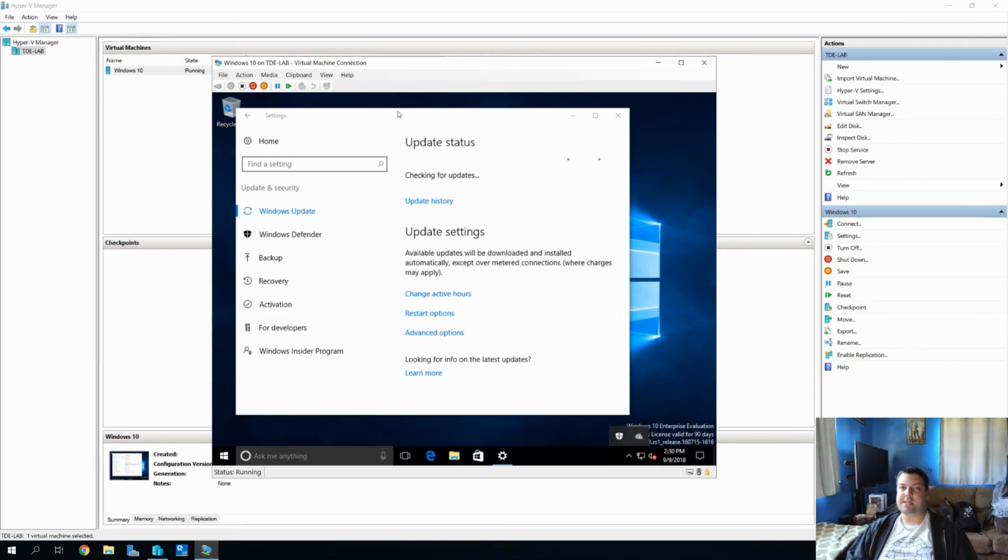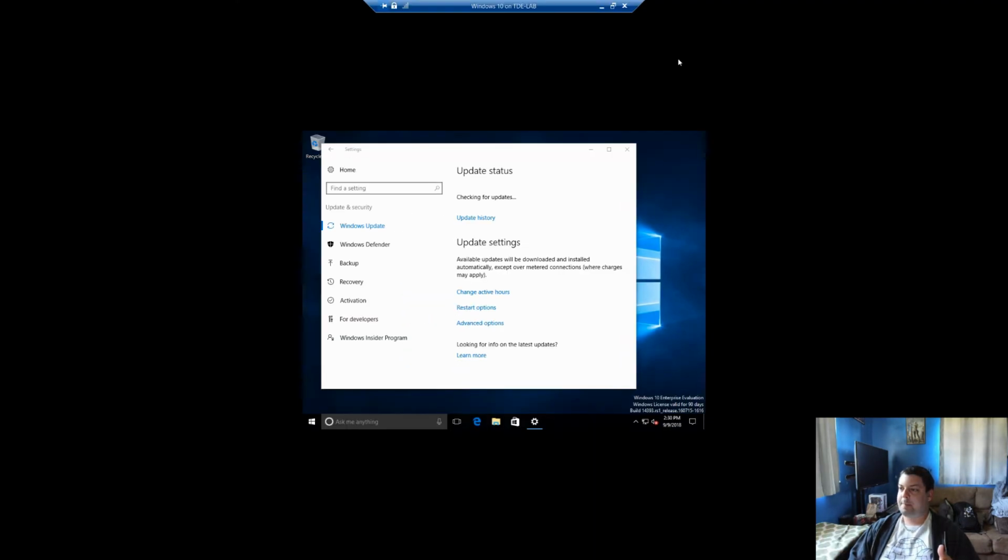That's my bad, because I actually installed an older build of the operating system, so it has a lot more catching up that it needs to do. But generally, almost immediately after opening the session, enhanced session mode would be enabled, and we'd be able to click on that. Basically what that does is improve the resolution and the ability for it to expand. Like if we expand it right now, you see how it's just a little square, like 800 by